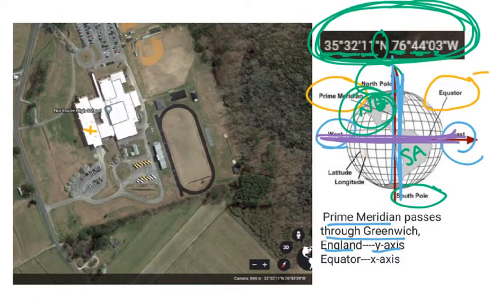Now, I'm second guessing myself on how to read the latitude and longitude, but I hope I got that right for you. It is the location 35 degrees, 32 minutes, 11 seconds north, and 76 degrees, 44 minutes, 33 seconds west. So that is just how they located it. It's the exact location of the school in relation to this middle point where the prime meridian